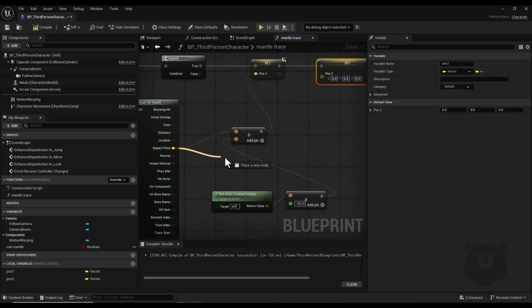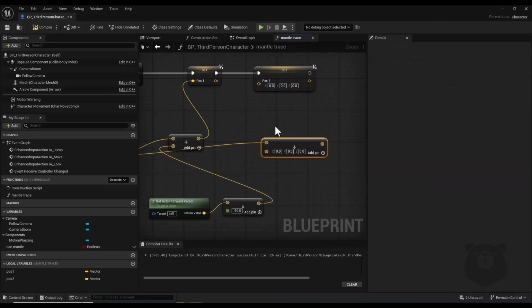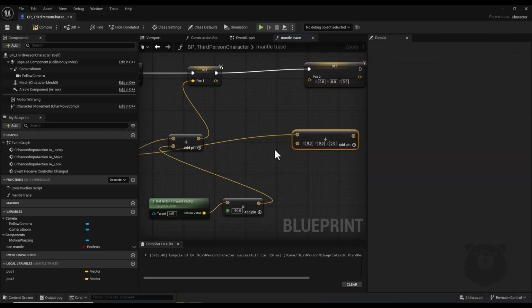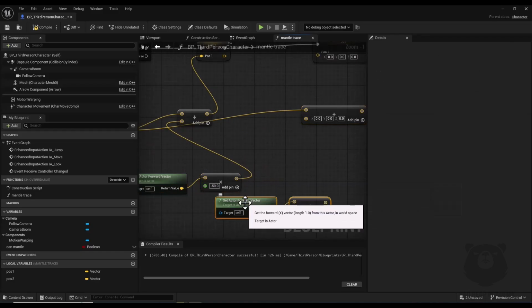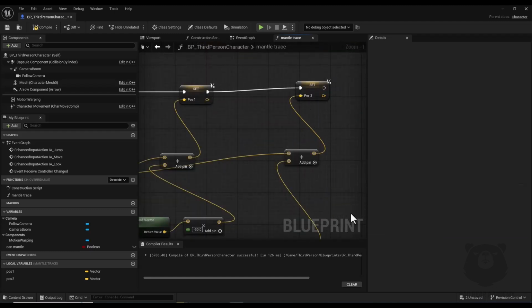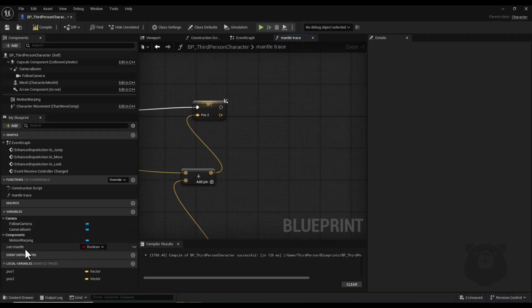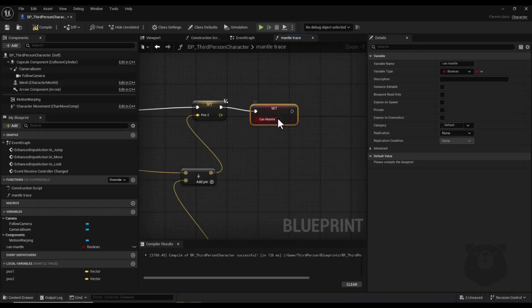Now I drag a node from this impact point, and here I add vector node just like this, and here I get a copy of these two nodes, this get actor forward vector and this multiply node, and here I multiply it by 120, and now I connect this to here and this one to here. Now I drag and drop my can mantle boolean setter here, and here I set it to true,